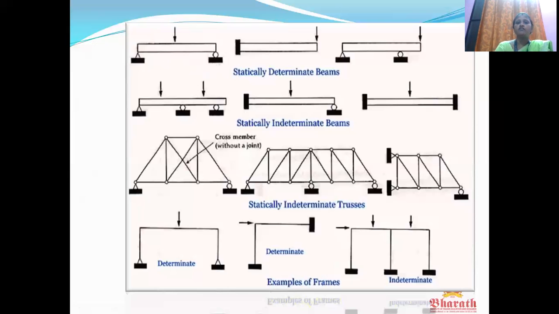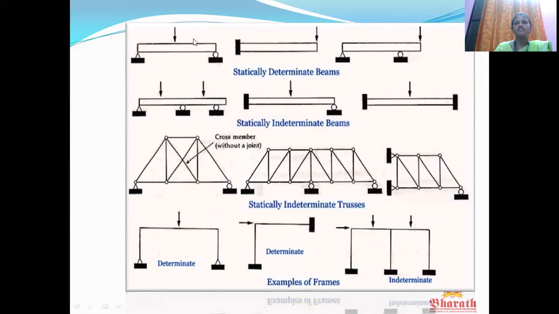As I already said, for a pinned support the number of reactions is 2, whereas for a roller support the number of reactions is 1. So what is the total number of reactions formed in this beam? Totally 2 plus 1, that is 3. Now, what are the equilibrium equations? The number of equilibrium equations is 3. So the formula is the total number of reactions minus 3 is equal to 0. If it satisfies the equilibrium equations, we call it a determinate structure.